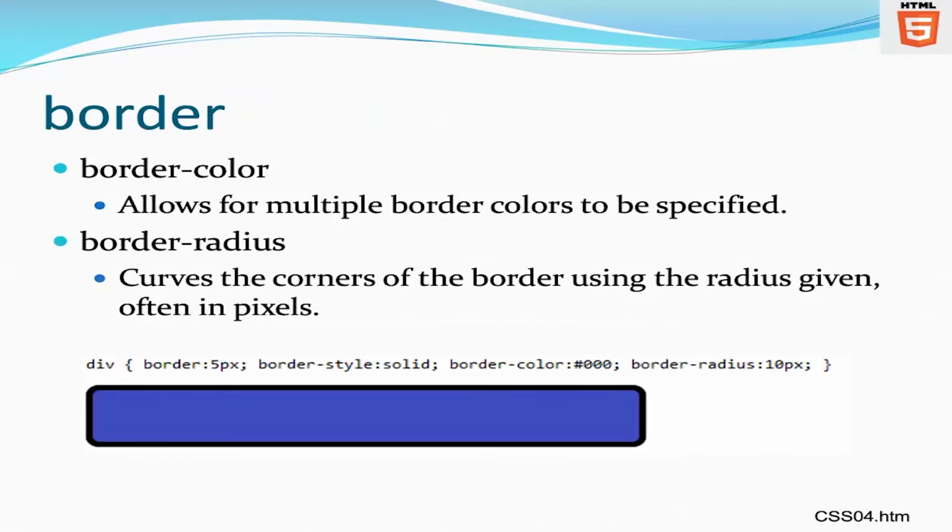We previously could set up borders for elements, absolutely nothing new about it. But what's interesting is this property called border radius, which CSS3 standardizes. We now have a property called border radius.